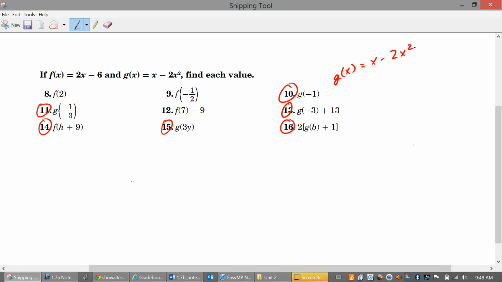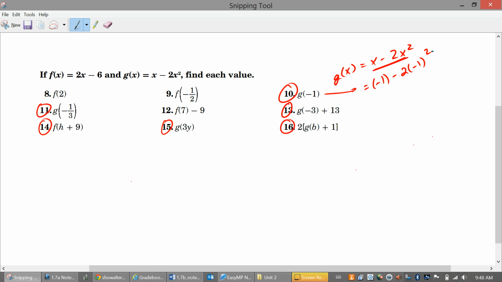The way we put it inside of it, if you notice that -1 is right here, x is right there, that's the thing that changes in that statement. So in this part of the statement, we need to take this whole set, and every time there's an x, we're going to replace it with -1, because that's just how they work. -1 is the input in the function G, so we're going to put it in where the inputs go, in the x spot. So we're going to get G of -1 is going to be -1 minus 2 times -1